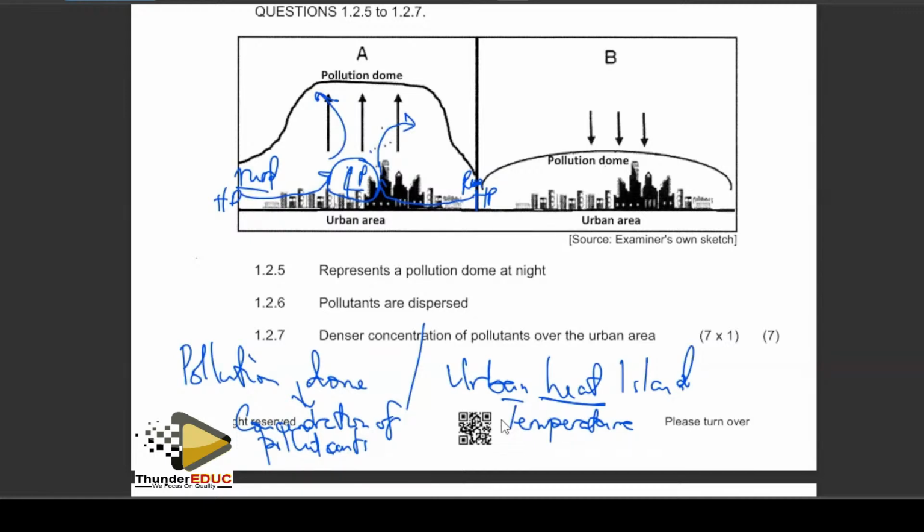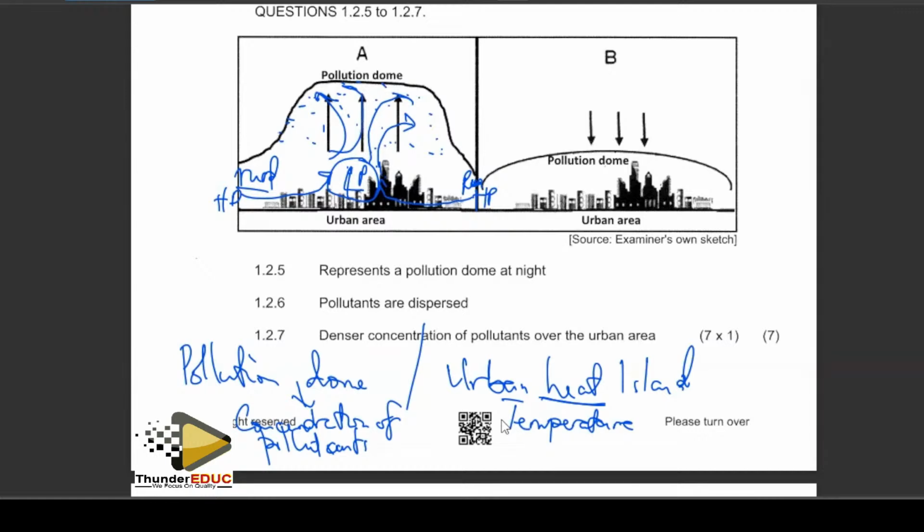The pollutants are going to be blown by the incoming air, which is converging and rising, and they are going to be displaced. They will be less concentrated because they are being taken into the upper atmosphere because of this vertical updraft of the converging air in the urban area. But during the night,